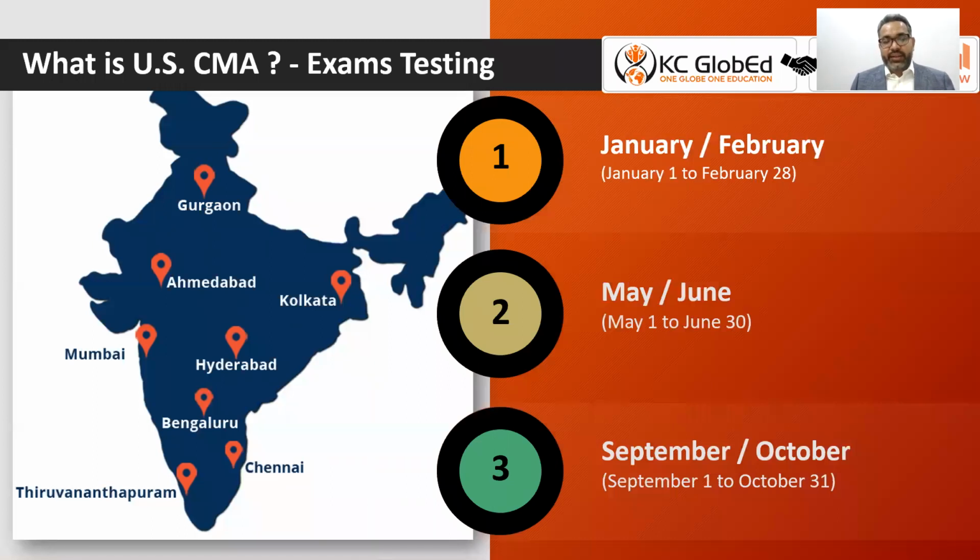So take the opportunity to sit for the exam in India, and you will save a lot of time, energy, as well as money. Like I discussed earlier, there are 3 exam windows of 60 days each. That means in a year, you have a 180-day exam window. You can sit for any exam, any day, in any sequence, and any time you like in these 180 days.